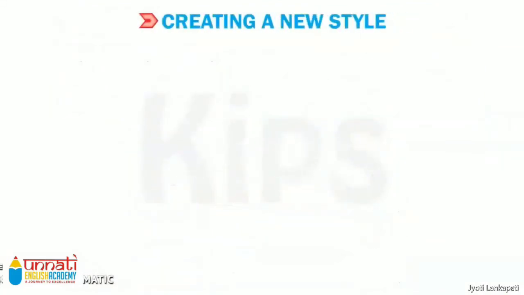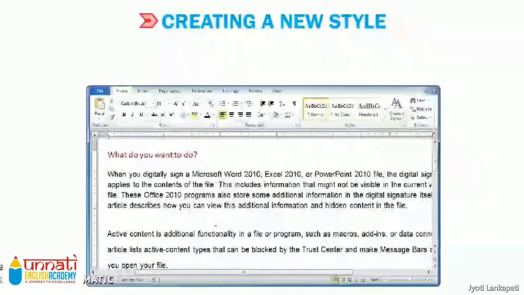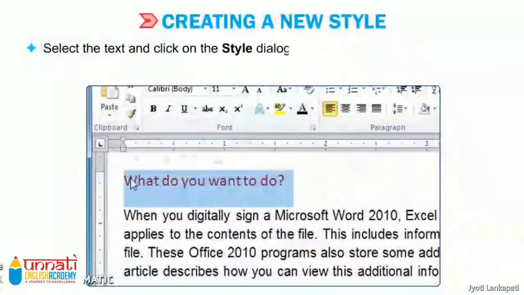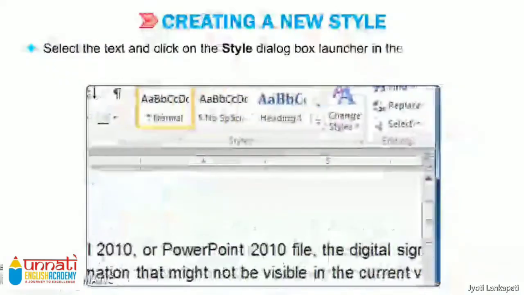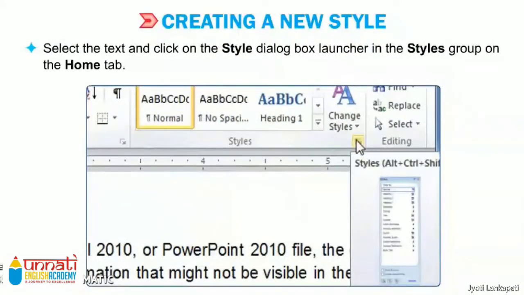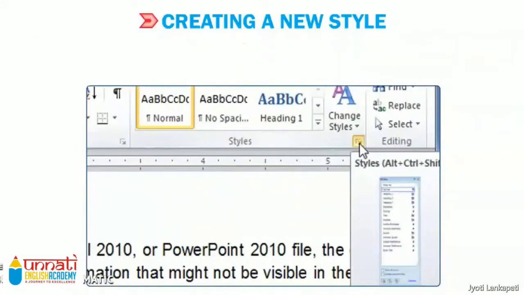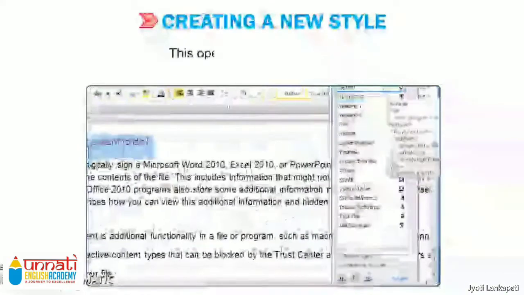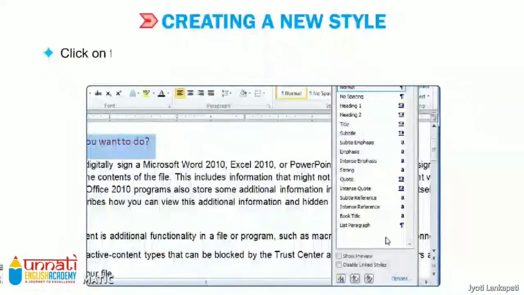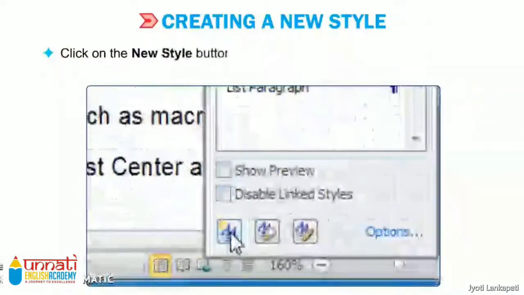Now let's see creating a new style. First of all, select the text and click on the Styles dialog box launcher in the Styles group on the Home tab. This opens the Styles task pane. Click on the New Style button at the bottom.